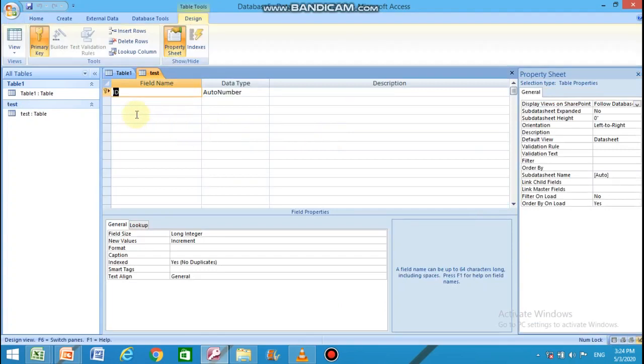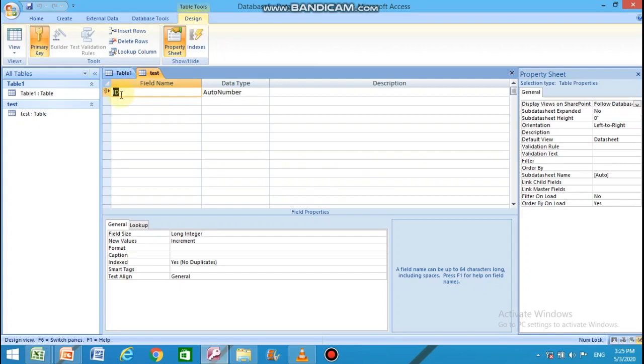Now Design View is opened. You can see by default with the first field name this key-like structure is displayed. This is the indication of primary key. So by default Microsoft Access considers the first field as the primary key field and wants you to design that field which you consider as the unique field in the table.